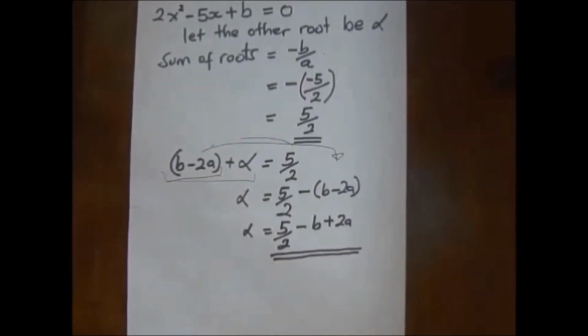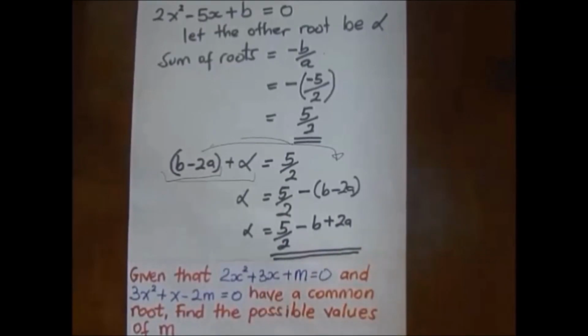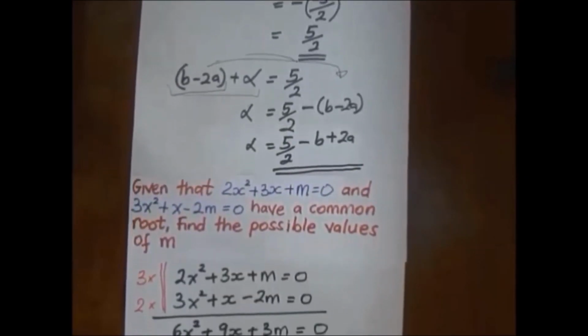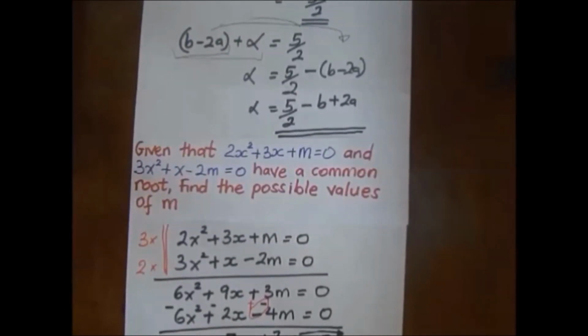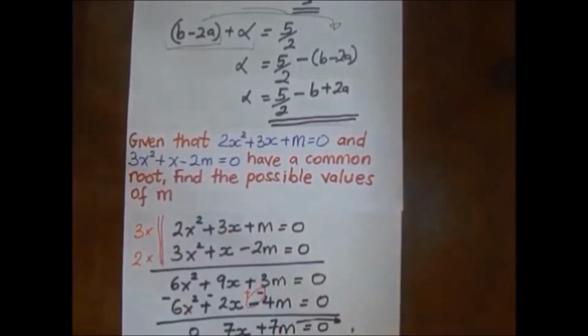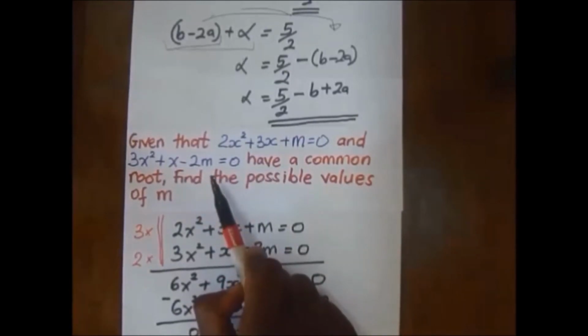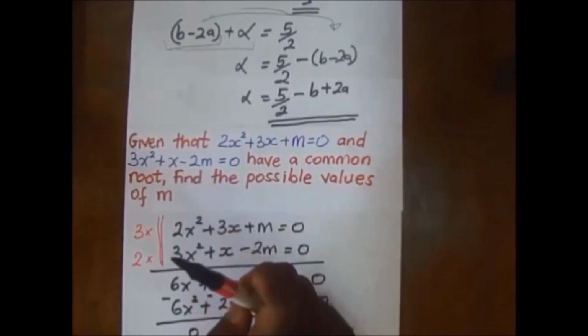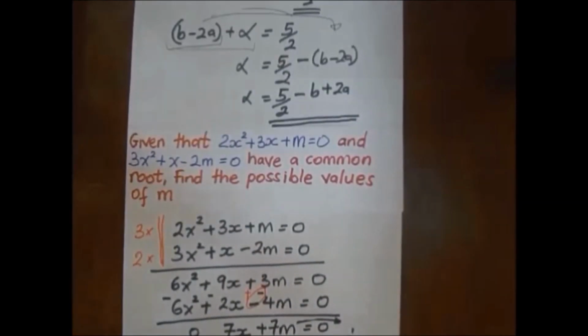So let's look at another question here. Given that 2x squared plus 3x plus m is equal to 0 and 3x squared plus x minus 2m is equal to 0 have a common root, find the possible values of m. So these two equations have a common root, and they are asking us to find the possible values of m. If these two equations are having a common root, we shall go ahead and try to find that root. We shall approach this like the way we were doing in our previous